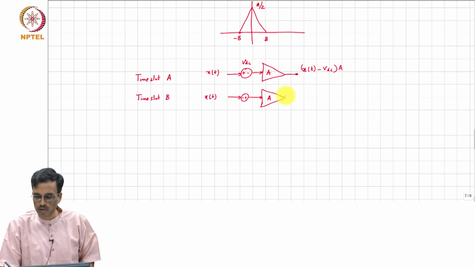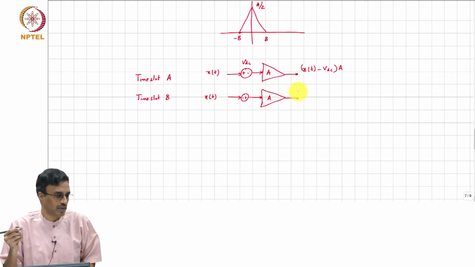I mean, you arrange things such that the effective offset has become minus VDC,